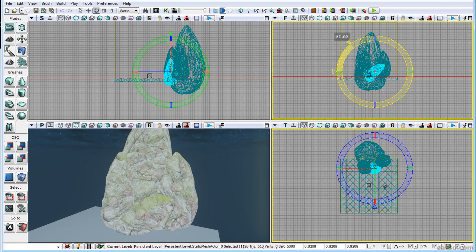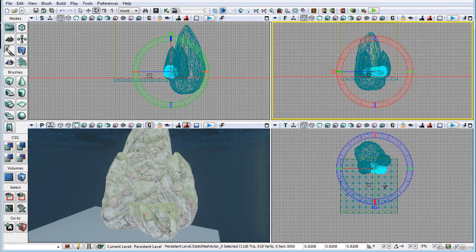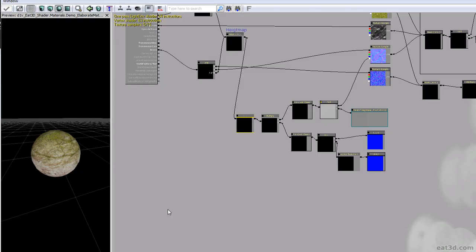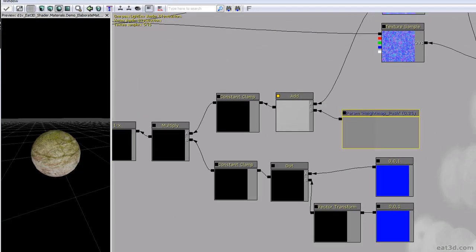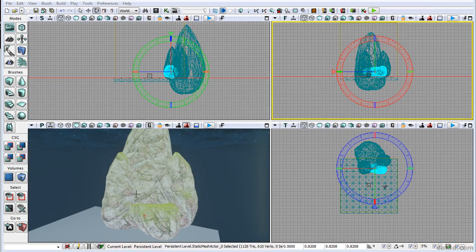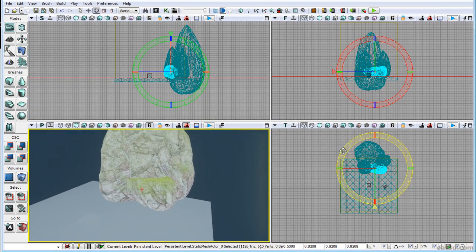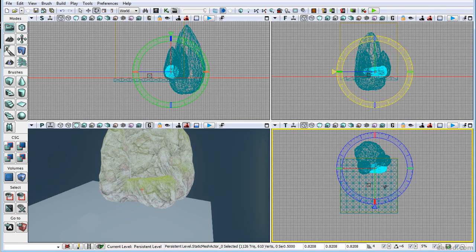The rock, the moss projects automatically on top of it. And I mean, I could probably go back to our material and just add a little bit more punch to our moss, like 0.5 for example, or even 0.7, because it's only projected on top. Yeah, this should be more obvious, but as you can see, as I rotate it, it automatically projects on all